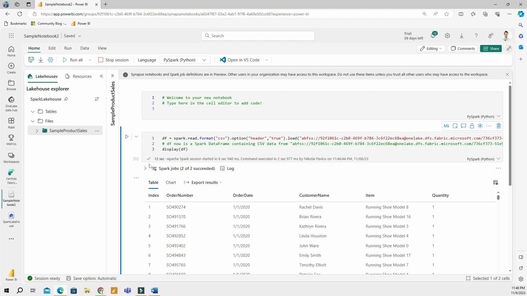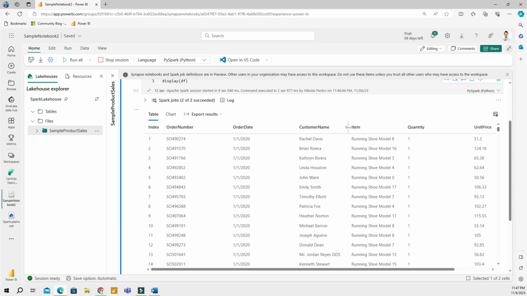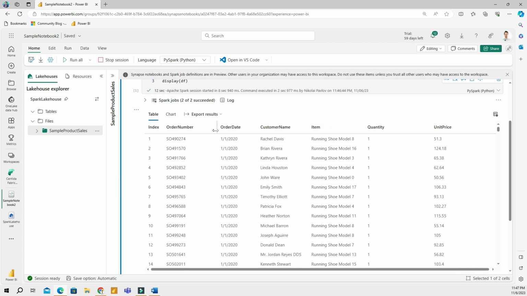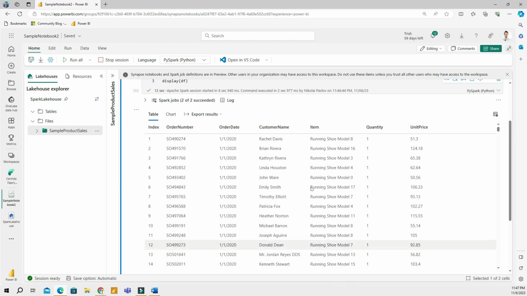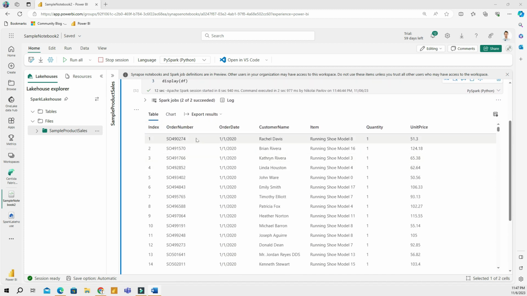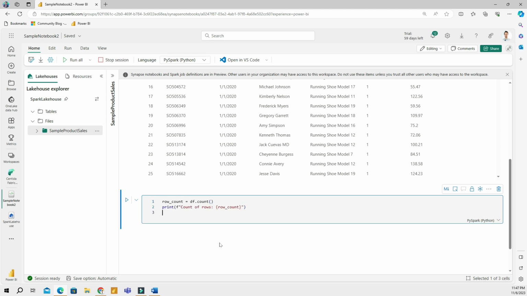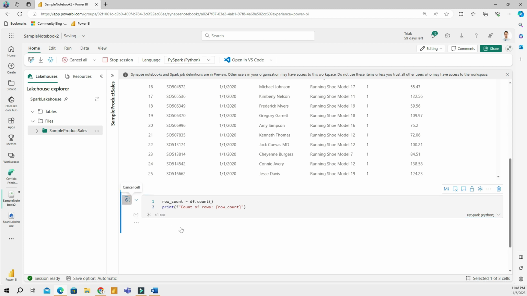So here's my table. Let's take a look at my file quickly here. I have order name, date, customer name, item, and quantity and price, right? Let me actually drag these columns a little bit closer, so I can see my entire table without having to scroll. All right, let's see how many rows I have in this file. To do that, you can use the count function. So let's scroll down here and add a new block of code. We're going to use the row count function, and this is going to give us a count of rows of this file. So in here, for Sales 2020, I have 10,000 rows,